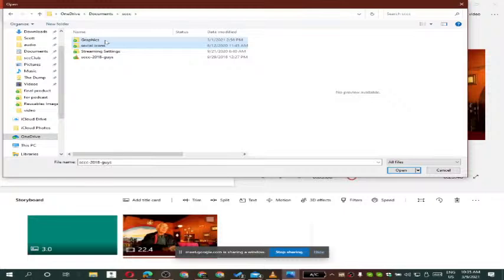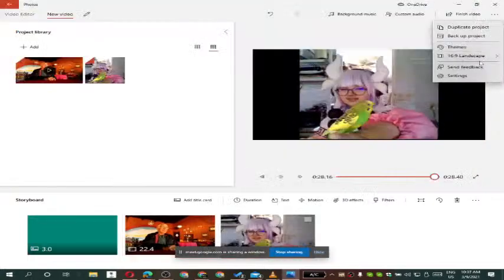Okay. So where can you do the transitions? I don't see it, but I did see him doing it. It was under theme or something, maybe. Well, you can theme the whole project. What does theme do? Theme is really ideal if you had a collection of photos and you wanted to just do a slideshow kind of thing. So it would come with text and